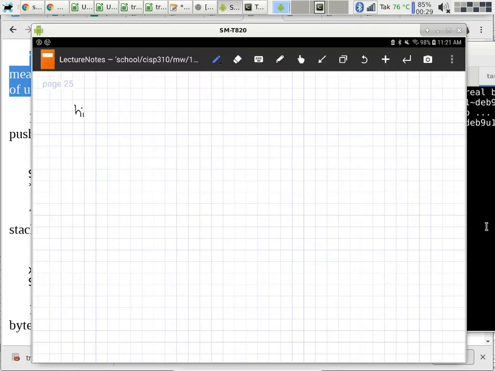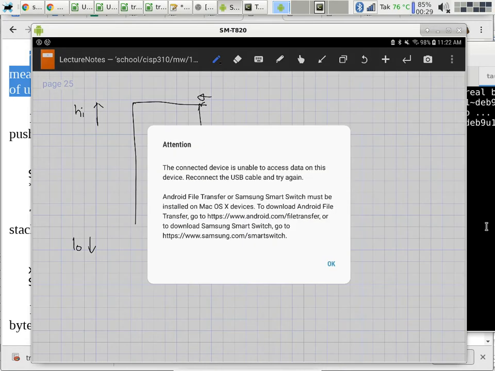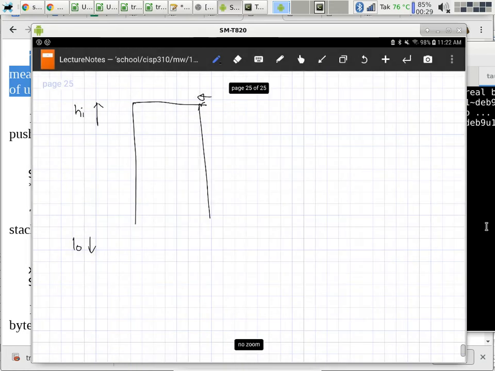So that means if this is high memory going this way, and low addresses are going that way, the stack is initialized at a very high location. In fact, when we initialize the stack pointer, it has to be 1 byte past the end of the allocated stack, because what the stack pointer is pointing to is the last byte that we push on the stack. So when the stack is empty, what are we supposed to point to? We just point to the one location that is just 1 byte past the end of the allocated space for the stack. As we push items,